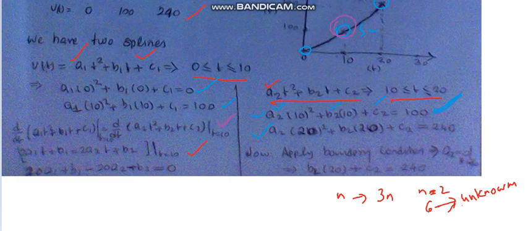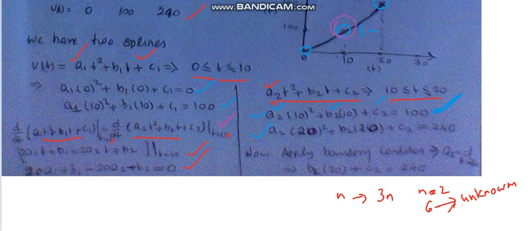So this should be t equal to t1. At t equal to t1 we will be having the same kind of slope. So d by dt of a1 t square plus b1 t plus c1 should be equal to d by dt of a2 t square plus b2 t plus c2. And from that we will be getting this equation at t equal to t1, that is t equal to 10. Okay, so then we'll be having this 20a1 plus b1 minus